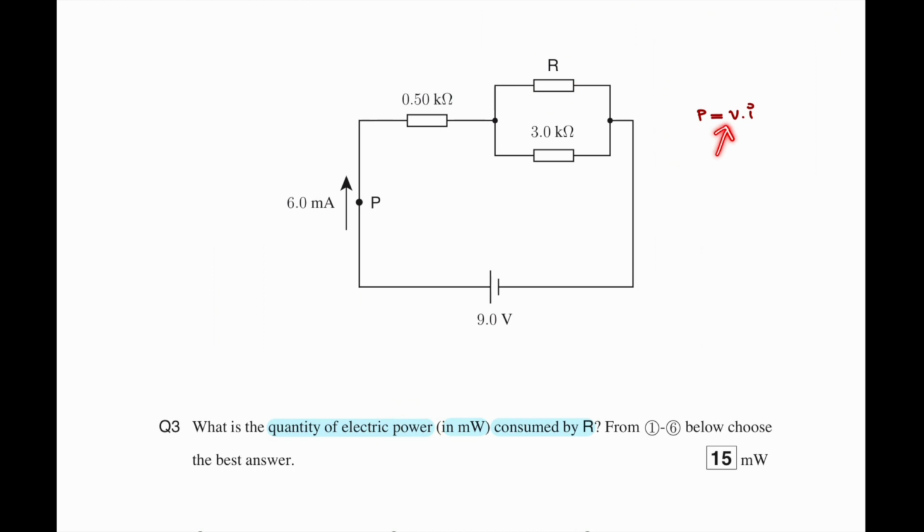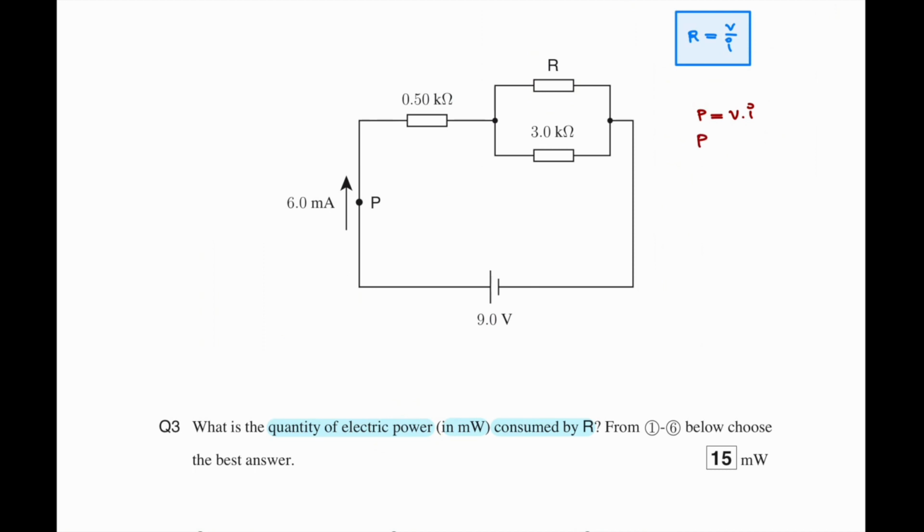V is potential difference or voltage, I is electric current, P is power. And then if I combine it by using Ohm's law, Ohm's law states that the resistance is equal to V over I. If I combine the formula of power and the formula of Ohm's law, we can derive another formula for power. As you can see, if I substitute V equals IR into this one, you will get power